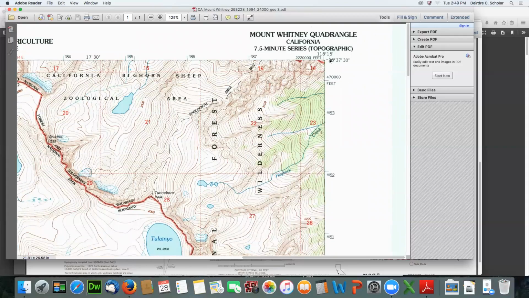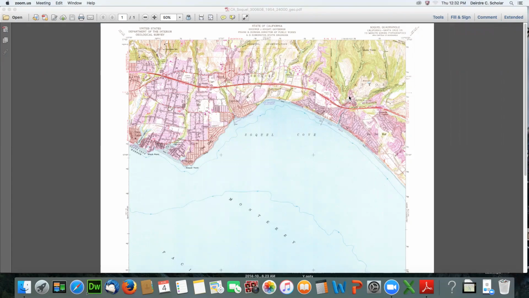Yes, indeed it is. So this north-south distance is 15 minutes, is 7.5 minutes of latitude. And the east-west distance of longitude is also covering a 7.5 minute distance of longitude. Now we're ready to look at the questions dealing with the other USGS quadrangle maps that border